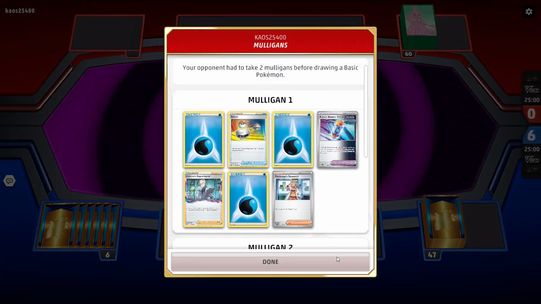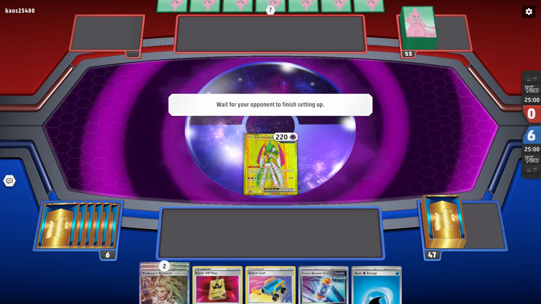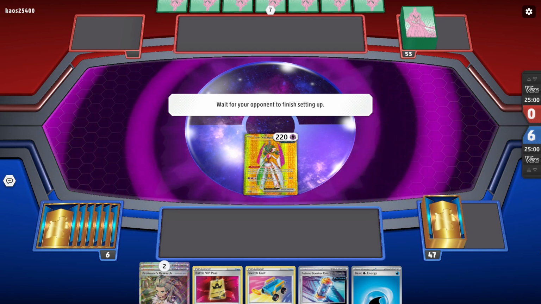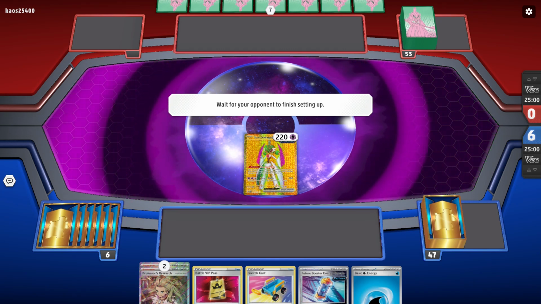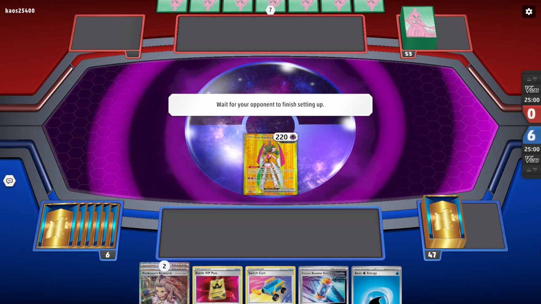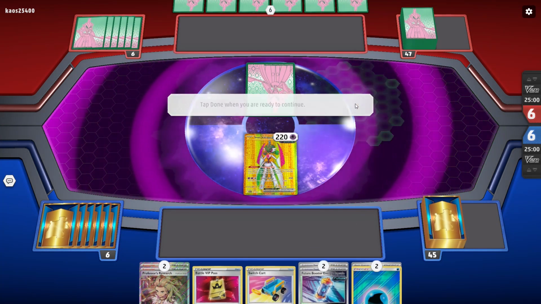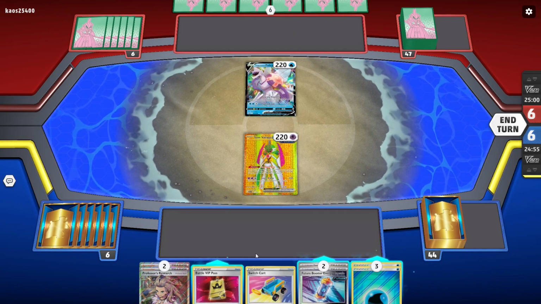We are facing some sort of water deck that also has to do with Iron Valiant, which is very surprising. It's kind of seeming like they just took Entei out of the Iron Valiant deck and put in something else. I would have to guess Palkia, because that is the best way to accelerate energy for water types right now. That it is Palkia. The problem is we can't really do anything